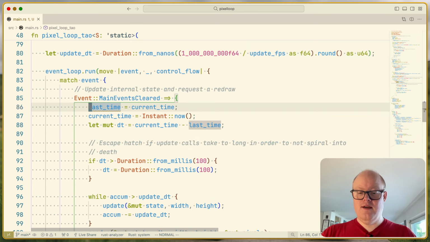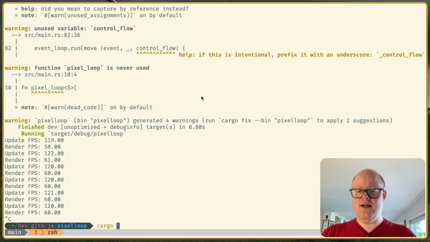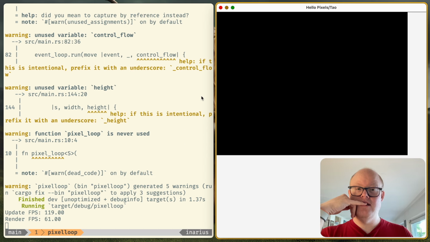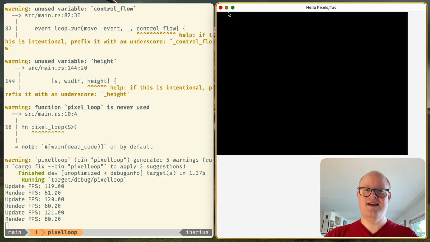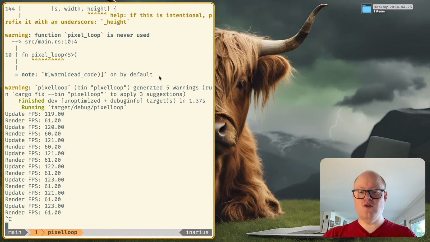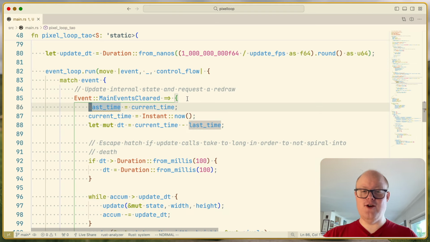So, yeah, so now let's cargo run. And then actually this box should bounce around. It doesn't actually. It was there and then it wasn't. Wait, what? It looked kind of cool, but